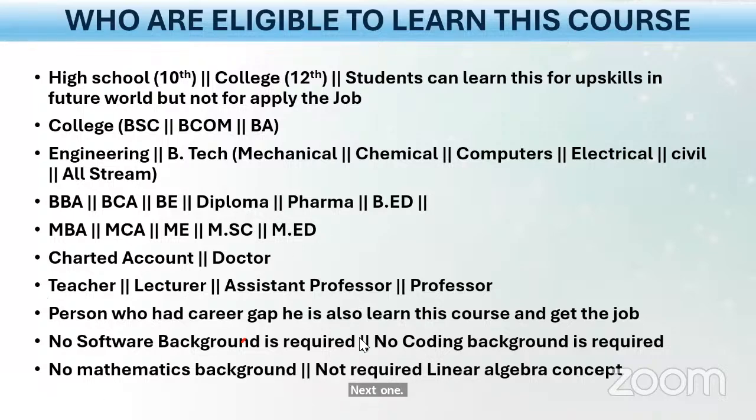So high schools, colleges, new textbooks are implemented from fourth standard called AI. So students can learn for upskilling for the future, but not to apply for jobs. 10th class people learn to clear the exam, but not to apply for a job. College BCA, BCom, BA, engineering, every stream, BBA, BCA, MBA, MCA, chartered accountants, doctors, teachers, lecturers, assistant professors,